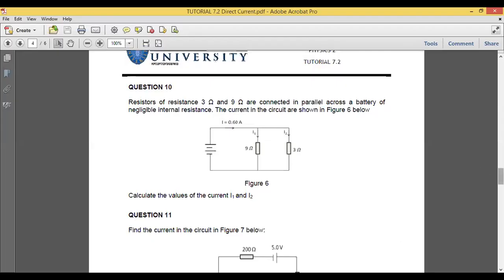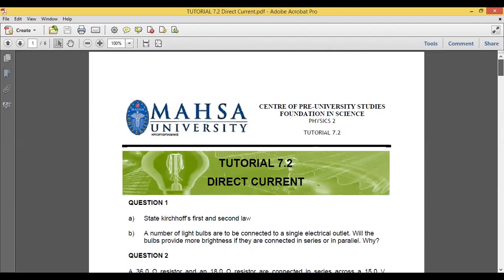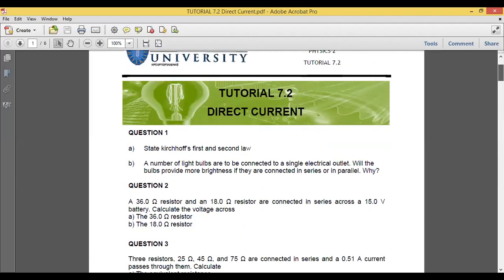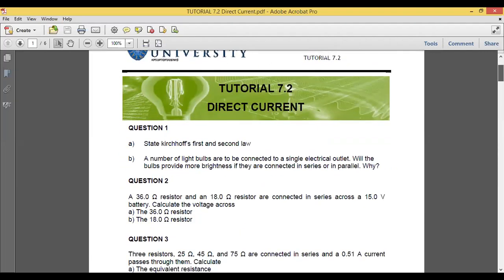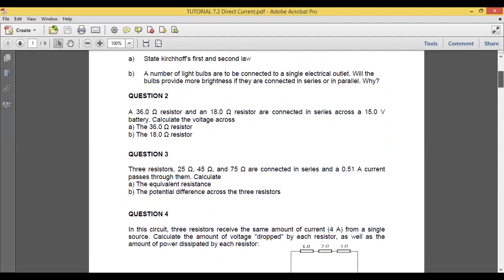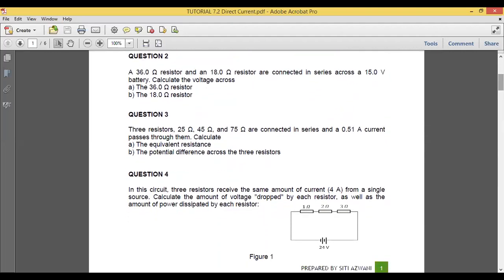I don't want to discuss all the questions, all the problems. I will just take the questions which I think are difficult to solve. Question one, you can refer to your notes. Next, question two, question three, and question four here, you need to solve